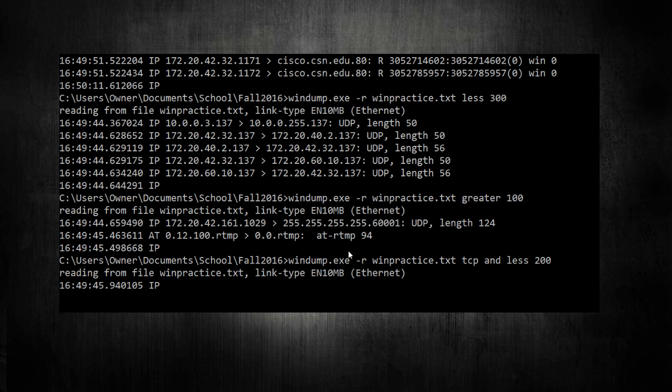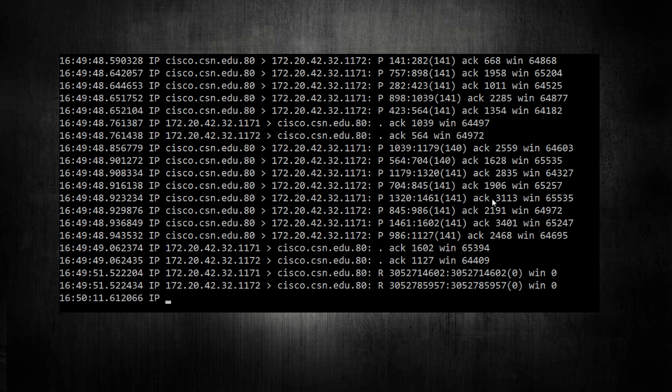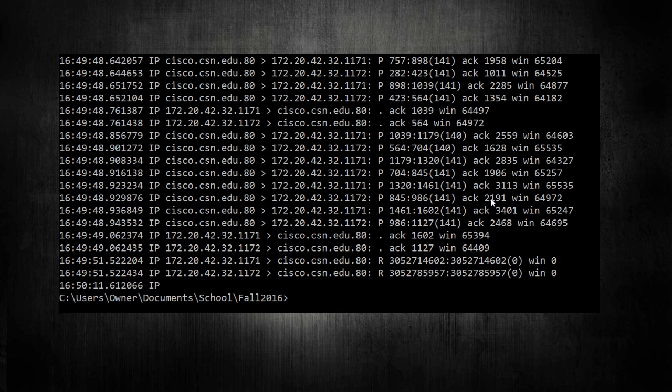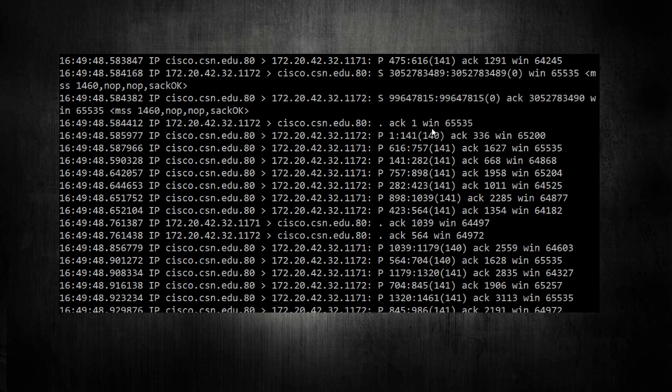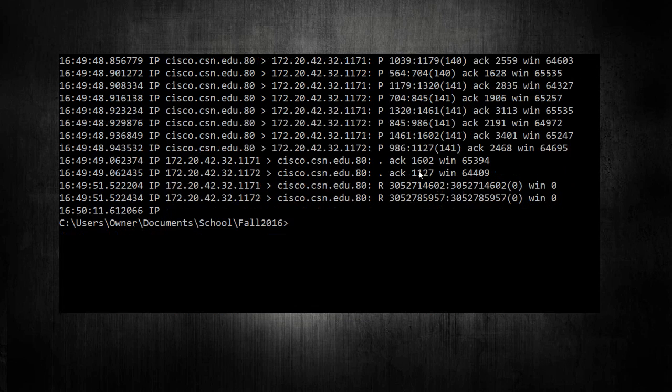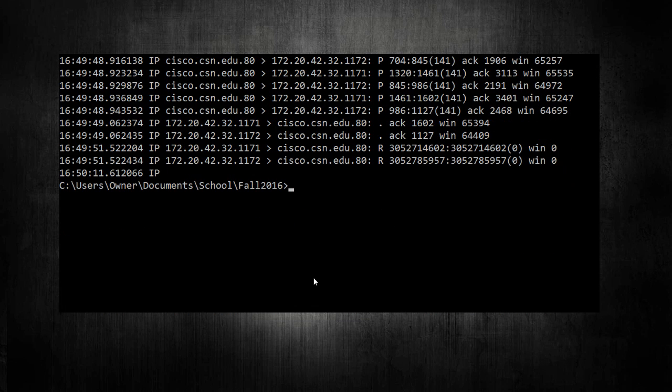And it's going to do the same thing as what we've been seeing. It's just going to run through the file again, and it's going to look for all the TCP packets that are smaller than 200. See? Now we can see 144, 144, 140, 140, so on and so forth. So it went through and found anything that was smaller. Then you can do the same thing, say you want to do greater for whatever reason.